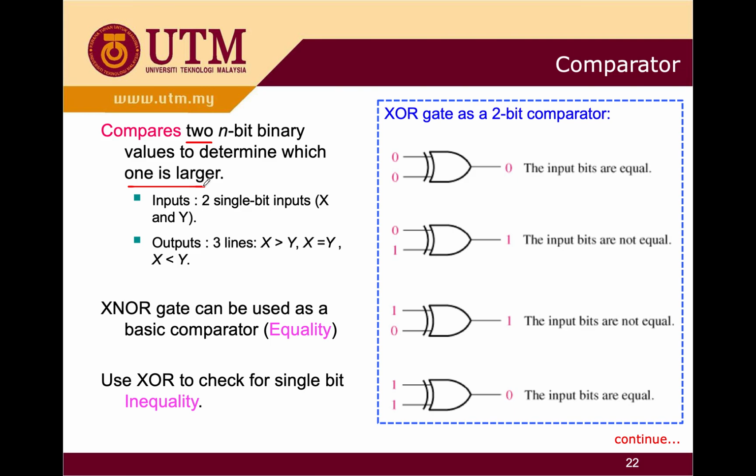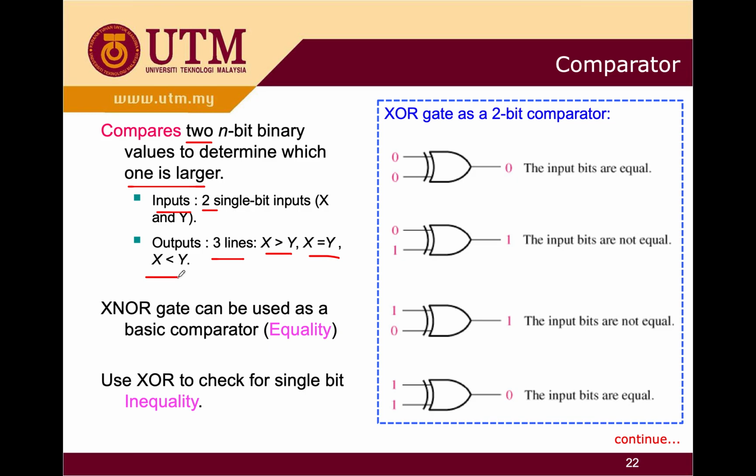So it's easy for you, right? It's going to have at least two single-bit inputs, x and y, and the output is going to have three lines: x more than y, x equal to y, and x less